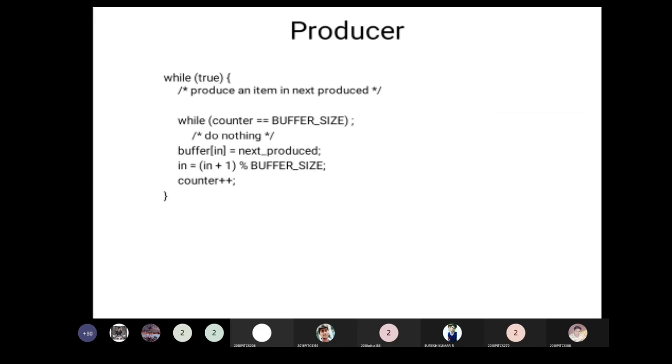Then buffer[in] equals next produced. Every time one item is added to the buffer, the counter is incremented, and the comparison with the buffer size is made every time. If the condition counter equal to buffer size is false, then only you can produce an item.